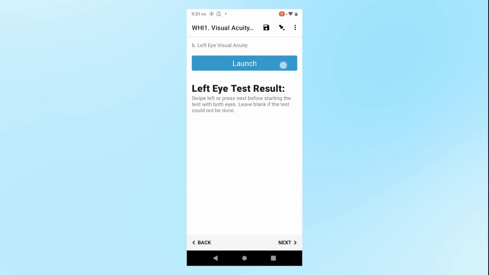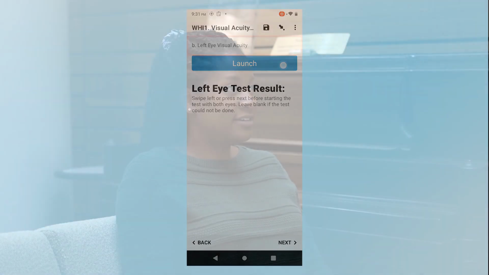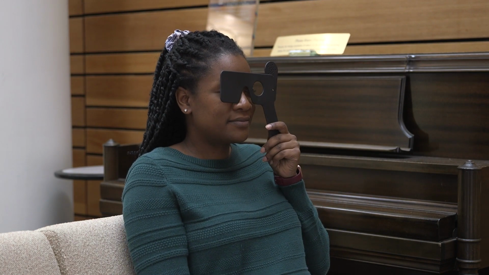It is important to confirm that the page says Left Eye Visual Acuity at the top before pressing Launch to begin the next screening. Otherwise, you will overwrite the previous screening result. Instruct the participant to now cover their right eye with the occluder so they are only using their left eye to see. Hold the phone at the participant's eye level and repeat the same steps to conduct the screening with